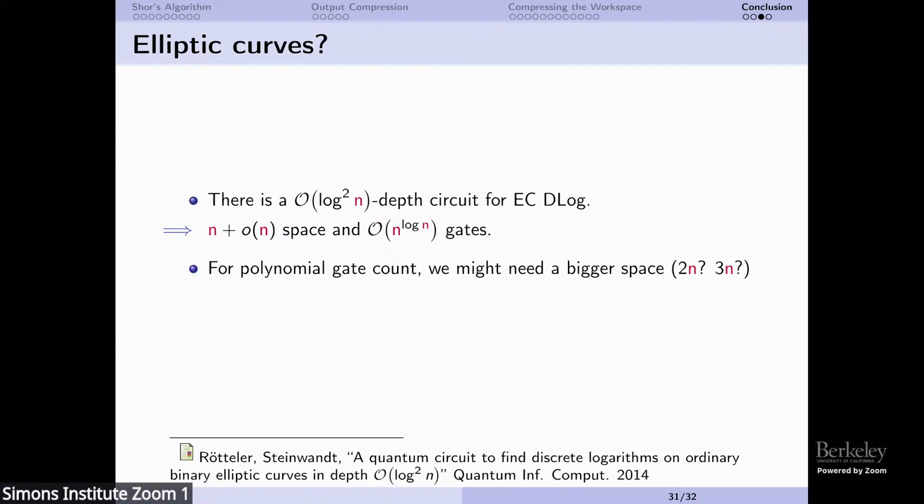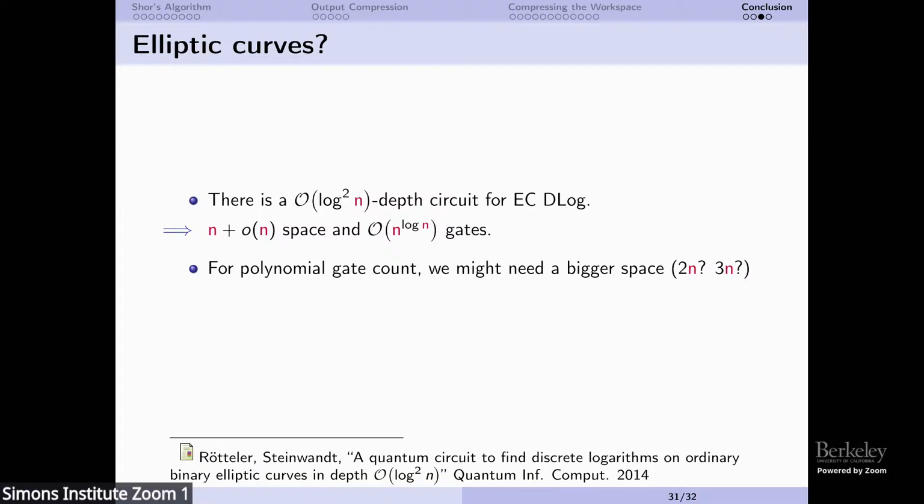When you do elliptic curve discrete log, you have a controlled multi-addition of points. You don't have the RNS, so you will have a tree. Basically, you reduce this to a tree of addition of points. And I'm guessing you can do the addition of points in log n depth, but then you also get a log n overhead for the tree. And we're stuck here. But we're also kind of stuck on this kind of thing when we care about the small space complexity.